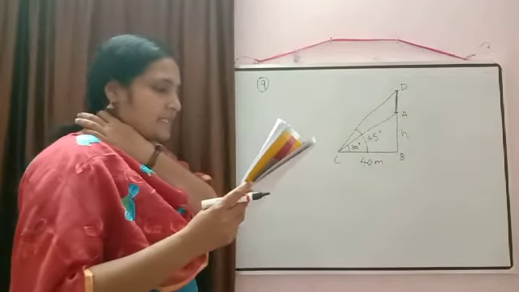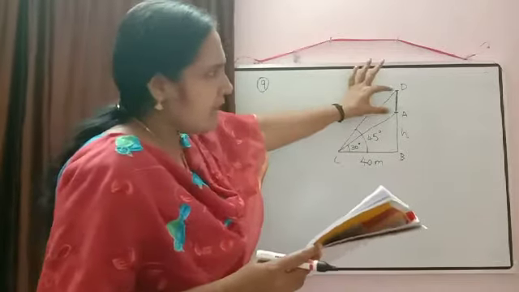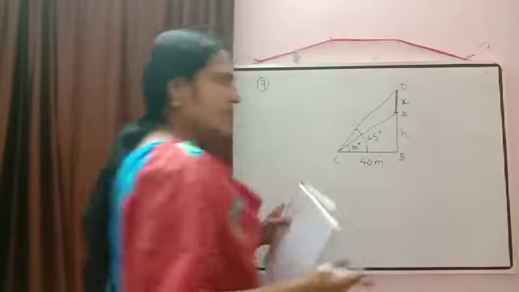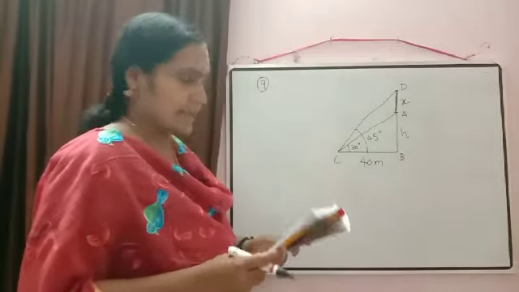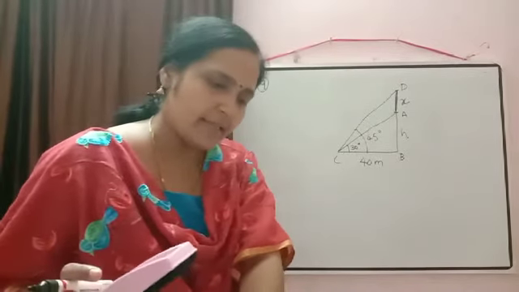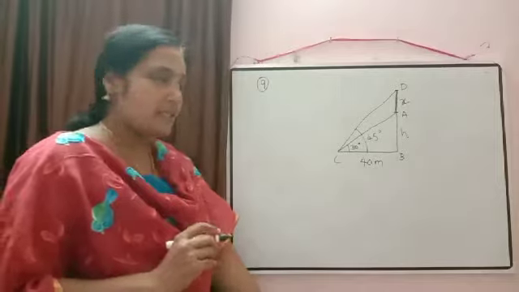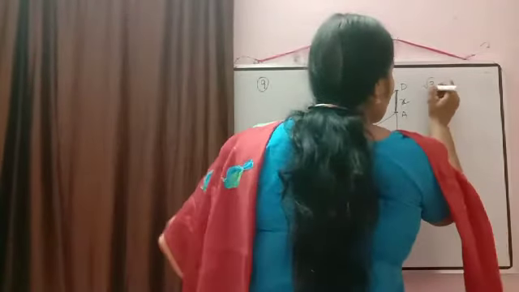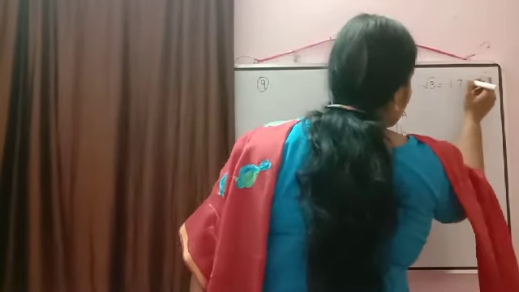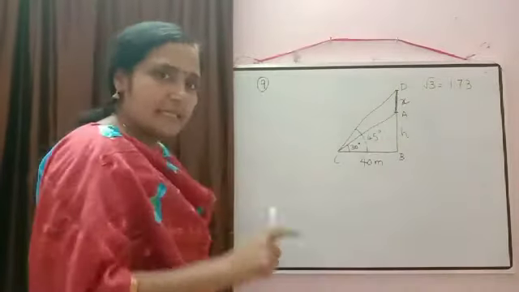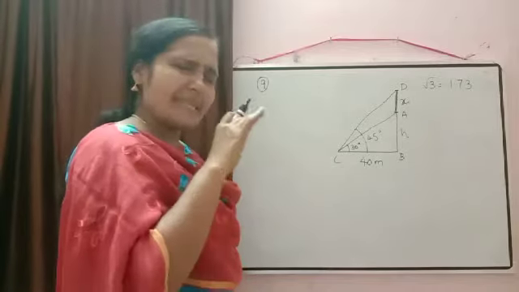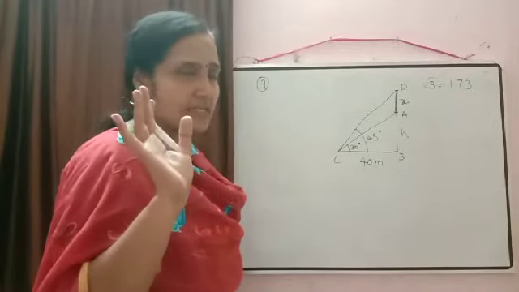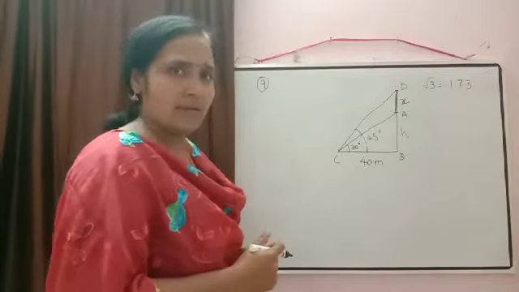And the depth of the tank. Depth of the tank means height of the tank. So the height of the tank I am taking as x. So we need separate values of h and x. So do we have some right triangles here? And one more piece of information is given. Root 3 is equal to 1.73. So if it is given in the question, then you have to substitute the value of root 3. But that is at last, after doing all the calculation, at last we will substitute the value.